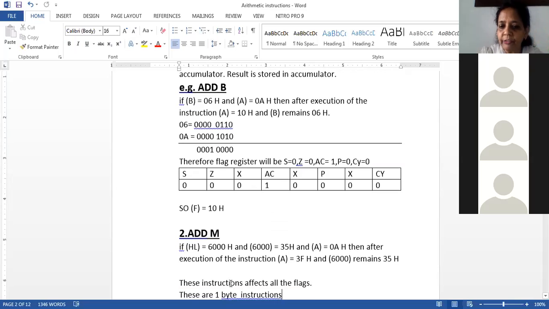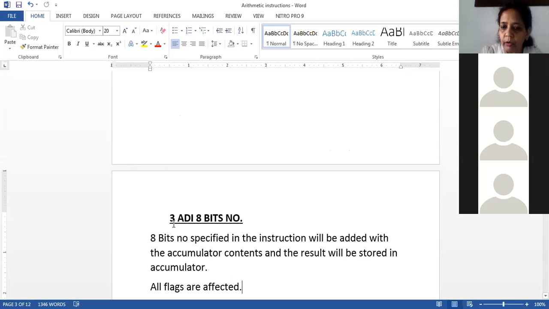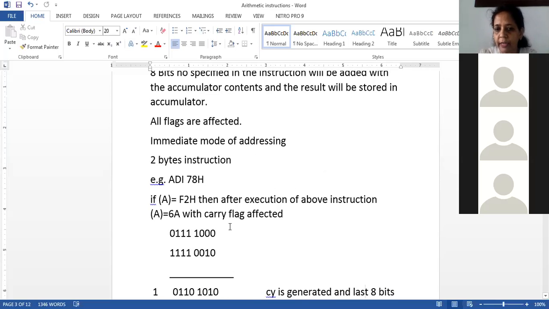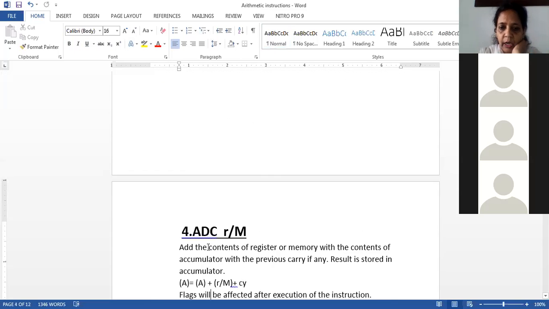And similar to the add instruction, we have move and MVI. Similarly, instead of ADD we can use ADI, and then you have to write an 8-bit number. So whenever we want to add exactly two numbers that we know, we can use the ADI instruction. The syntax will be ADI and an 8-bit number. The example we had seen was ADI 78. Then we had seen the INR and INX instructions.